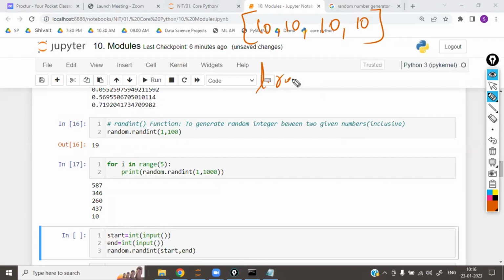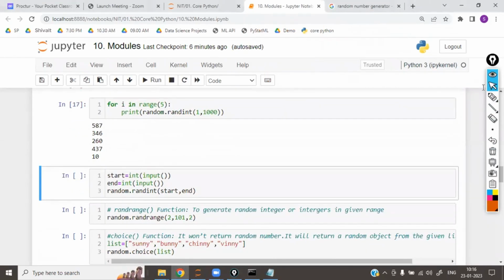Now, list L.remove of 10, by default, only the first one will be removed. If you use the for loop, automatically every time it will execute. Whenever a 10 is available, it is going to remove it. Okay. Right? Next,